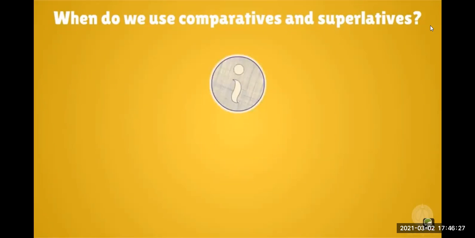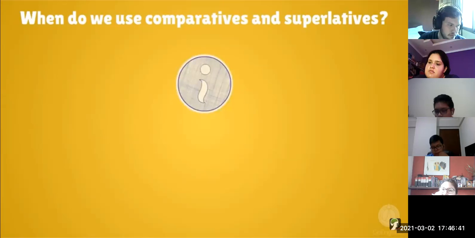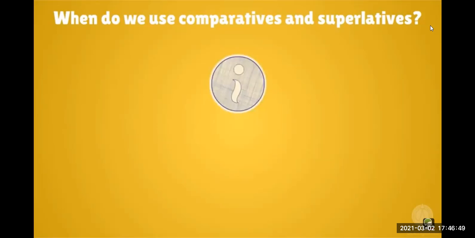Comparatives, when we want to compare two persons or things, people or things between them. And superlative, when we want to emphasize in the adjective, in the people's adjective, or